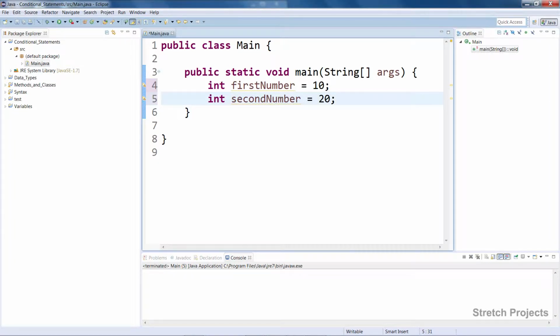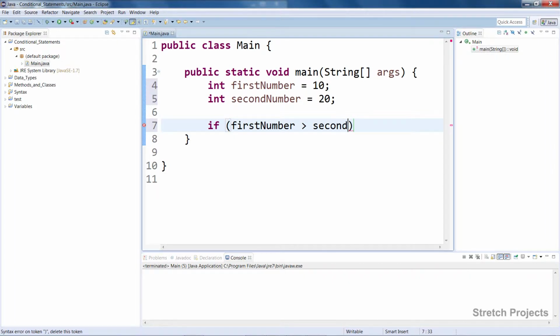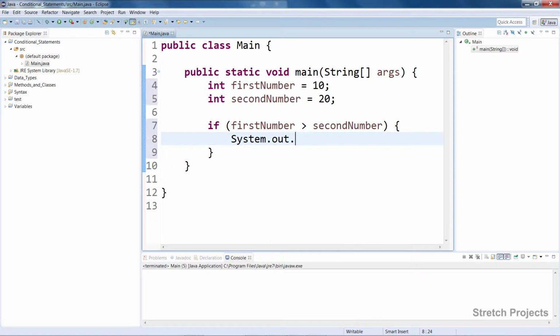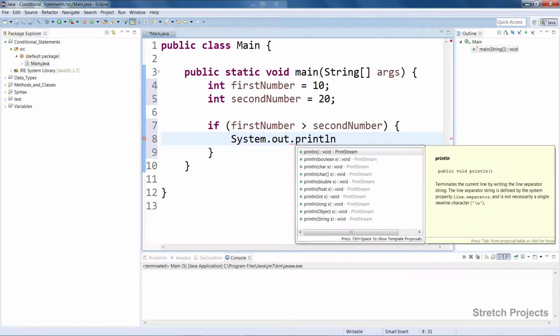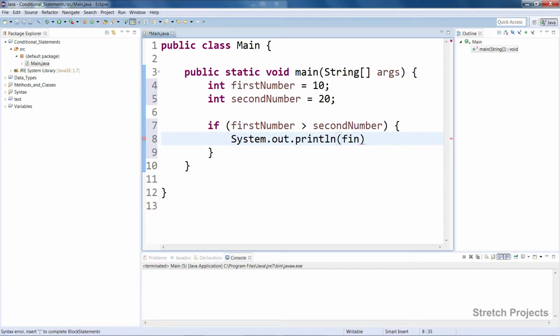And the first way we're going to look at how to do this will be with an ordinary if statement. So we'll just do if, open brackets, first number is greater than second number, close brackets, and then open curly braces, system.out, first number